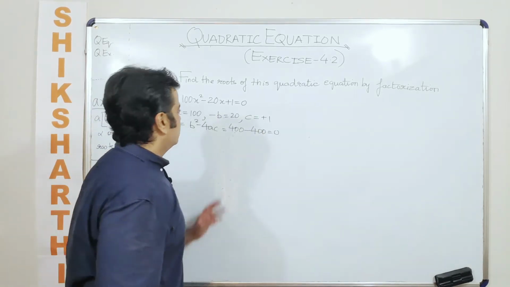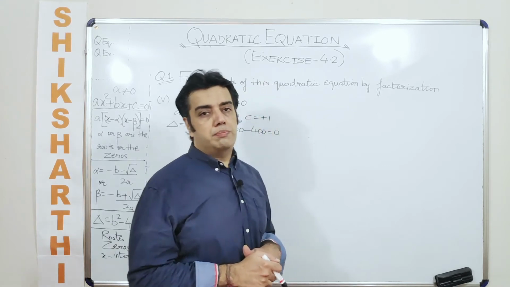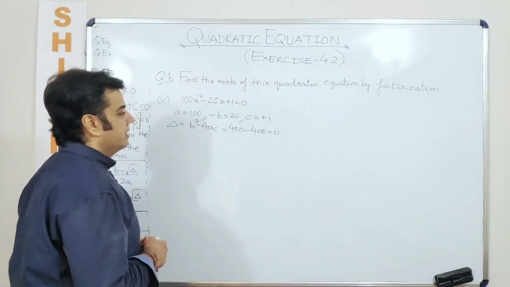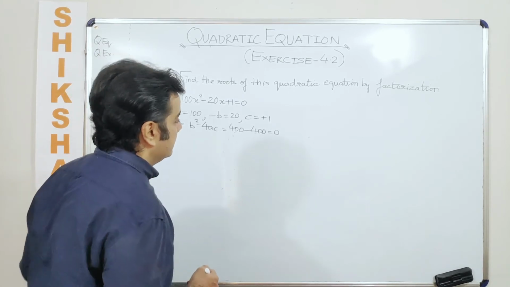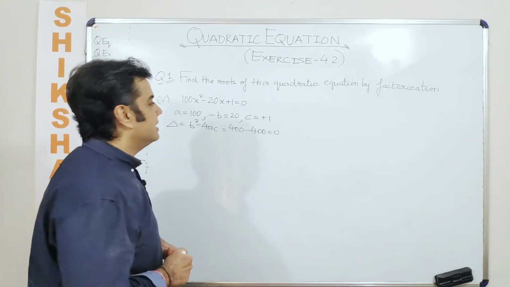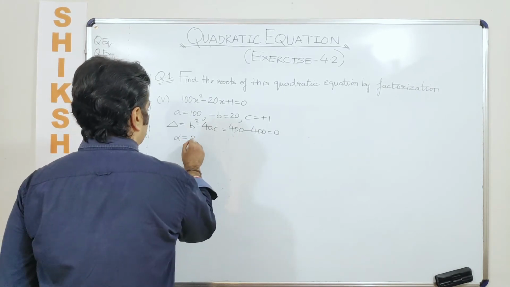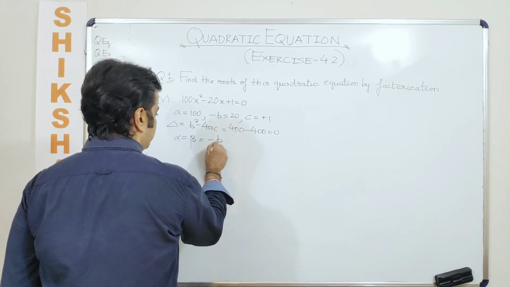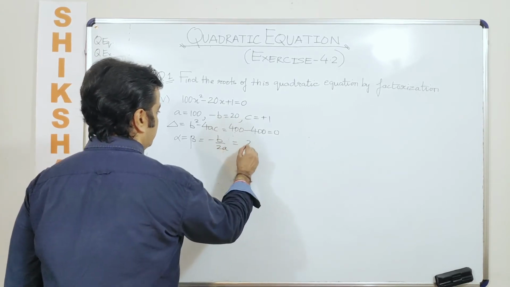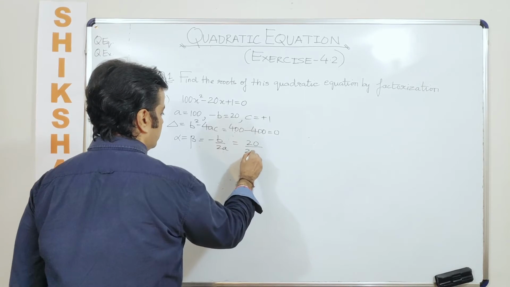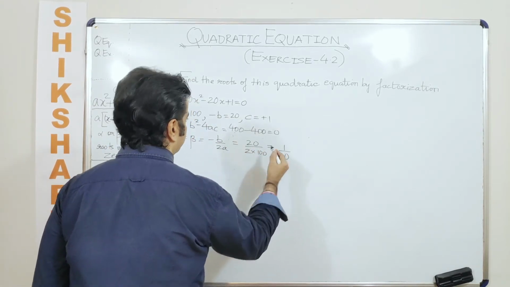So this question is more or less similar to subpart 4, wherein we were getting the value of delta equal to 0. In that case we can say that both the roots are real and equal, and the numerical value of the roots would be minus b by 2a. So how much is minus b? 20, and how much is 2a? 2 into 100, which is just like saying 1 by 10.